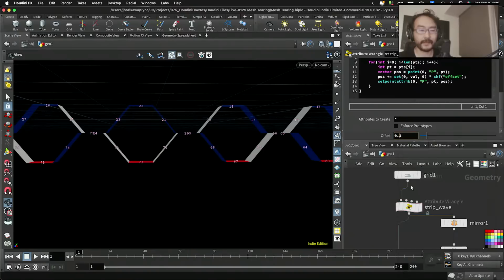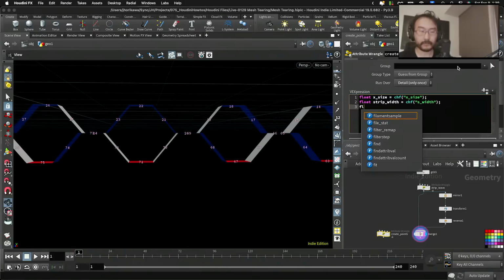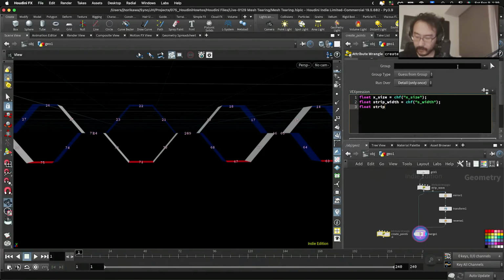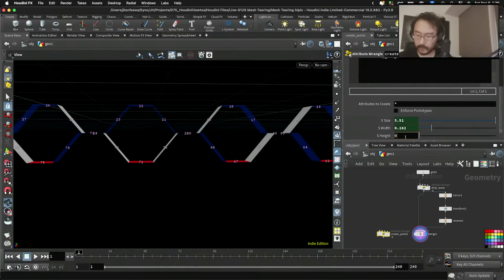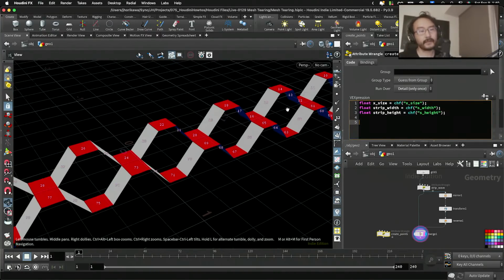So let's copy this value here, and let's name it height. Paste it here and multiply it by 4. So it'll become 0.4. Alright, now that I have enough information, let's first define how many points I need